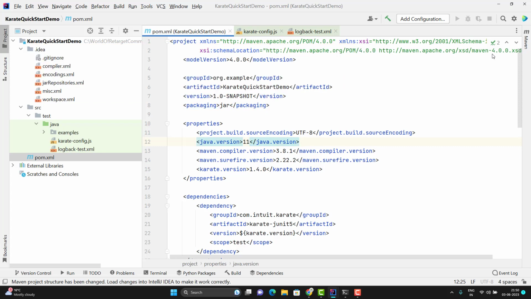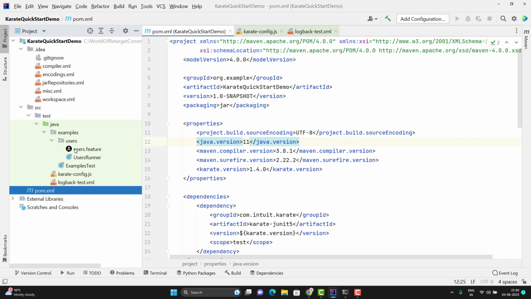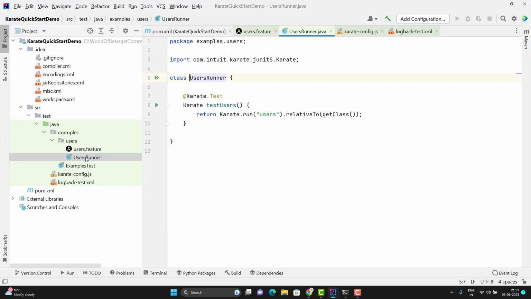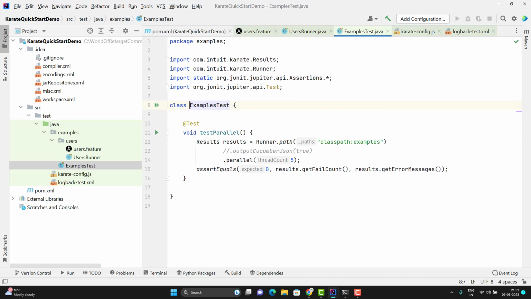Let's see other files in src/test/java. They have already created one project example. Inside this we have some feature files. These are for demo. You can remove them because you want to add your own feature files. They have already given you the runner class. You can use this runner to run the feature files from this package. Then they have given you one JUnit runner class. This runner class you can use to run the feature files from the main directory and the subdirectories of examples. We will see these concepts again in upcoming videos, but they have given you a well structured way. There is no need to change anything in the logger configuration. Everything is set up for you.